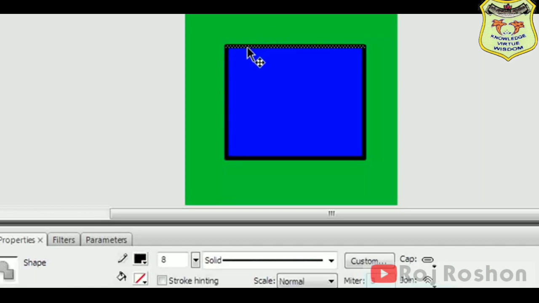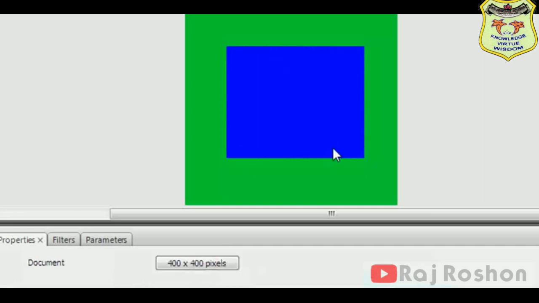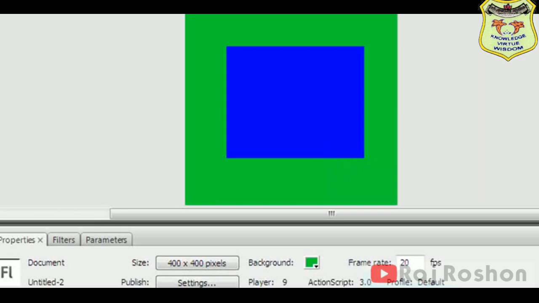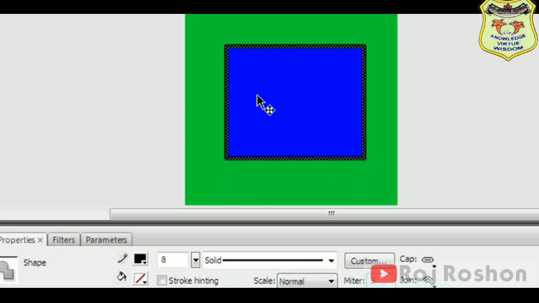Now if you click on a line, it will be selected. If you want to select all the lines, all the parts, then double click on the line. After that, if you press delete, it will go. So I will delete, and then Control plus Z or undo you can do to bring that line back.